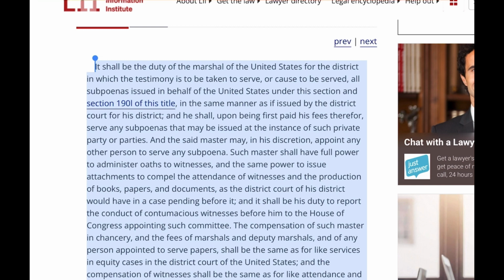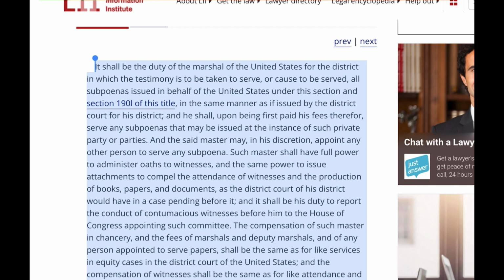Such master shall have full power to administer oaths to witnesses, and the same power to issue attachments to compel the attendance of witnesses and the production of books, papers, and documents, as the district court of his district would have in a case pending before it, and it shall be his duty to report the conduct of contumacious witnesses before him to the House of Congress appointing such committee. The compensation of such master in chancery, and the fees of marshals and deputy marshals, and of any person appointed to serve papers, shall be the same as for like services in equity cases in the District Court of the United States, and the compensation of witnesses shall be the